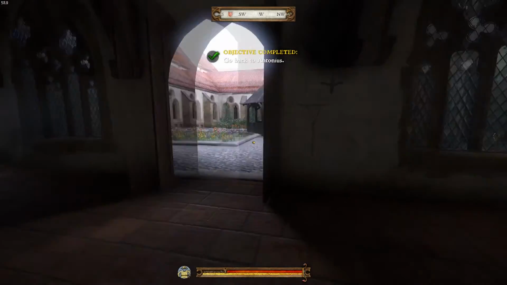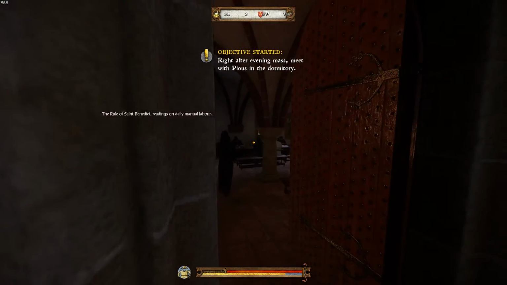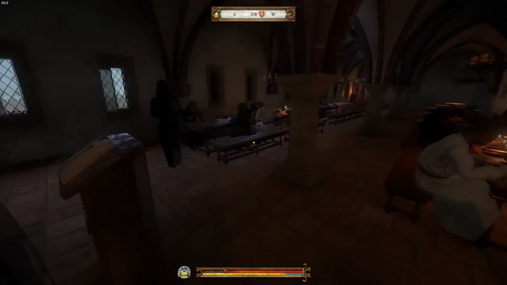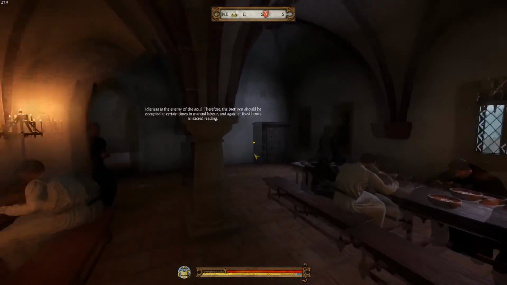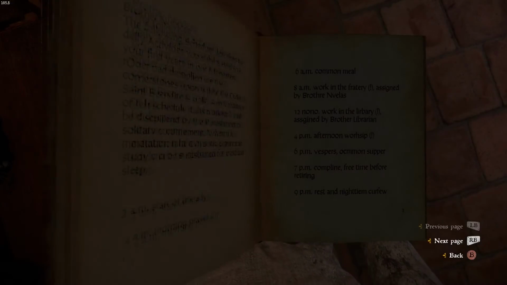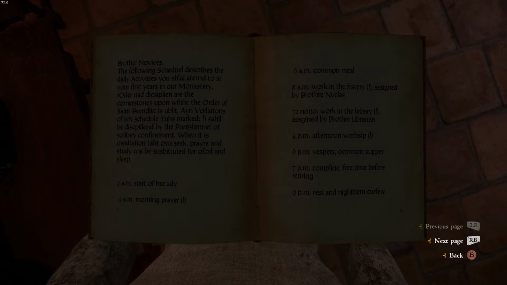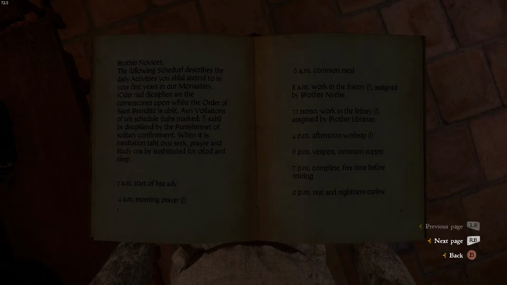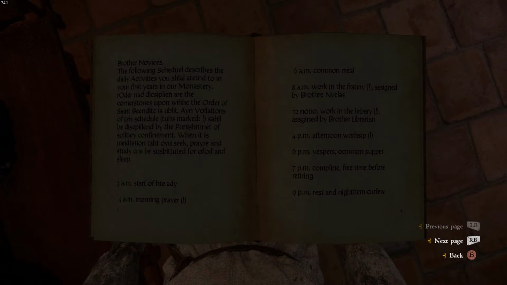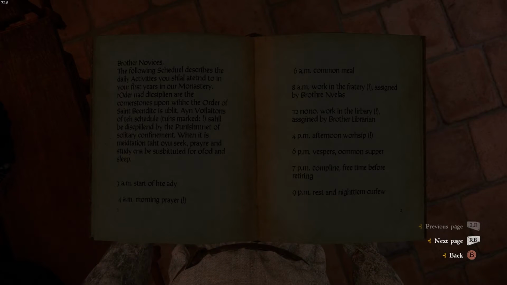Alright, so we're gonna make our escape during evening mass. Why such haste? Oh my God, if you don't get out of the way, my friend. Alright, so evening mass is the second time we eat. So instead of going to dinner the second time, the 6 p.m. Vesper common meal, right after worship, we're just gonna go to the dormitory, and that'll be that. So I'll see you guys right after